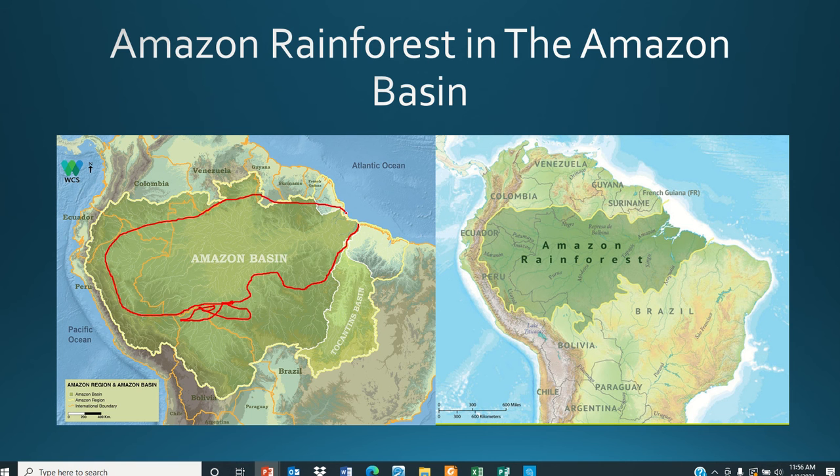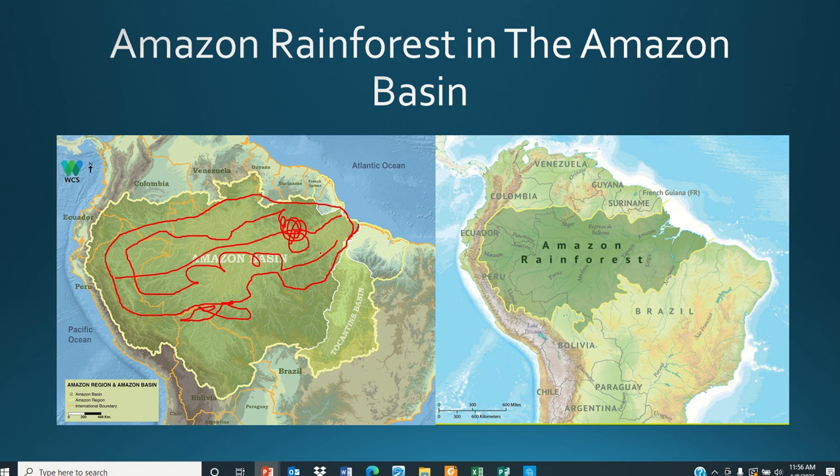This is essentially where the Amazon rainforest is. You have the Amazon River going out here. All this is rainforest. This is the Amazon basin, but this is the Amazon rainforest, and this is where basically the Amazon rainforest climate is.